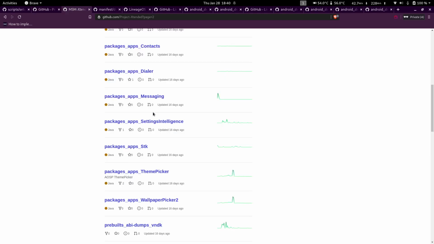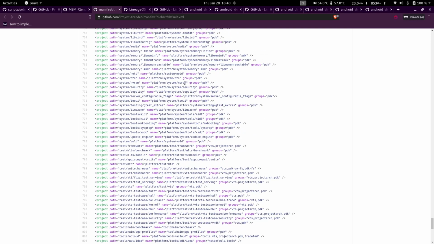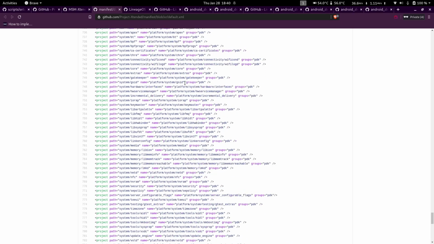Similarly, I also missed out a point. Say you cloned all of the source code, but you accidentally deleted a folder. If you just do repo sync again, it will sync all the files and folders.